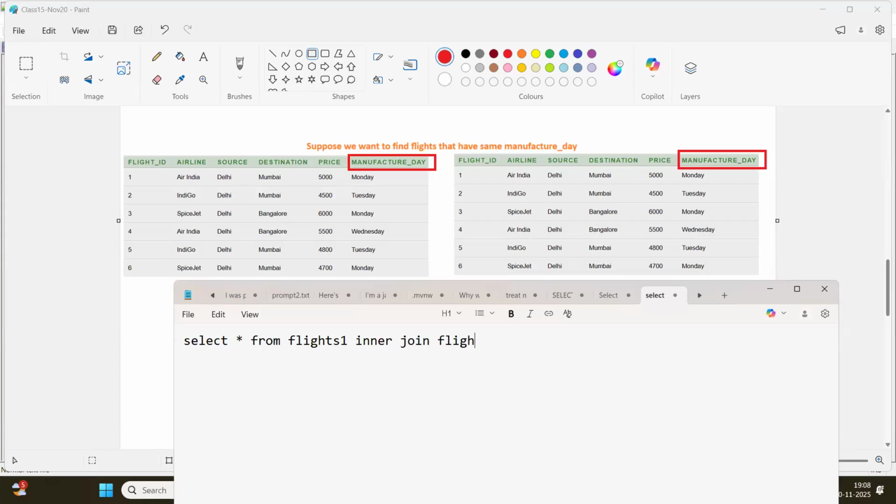Second table, flights again. No, sorry, same table, flight one. Correct. So here I'll be using FL1, and here I'll be using FL2. You understood, right? Why I have taken FL1, FL2? Aliasing names of the table. Correct. And then how to write the condition? On